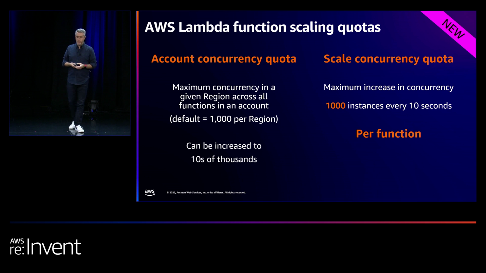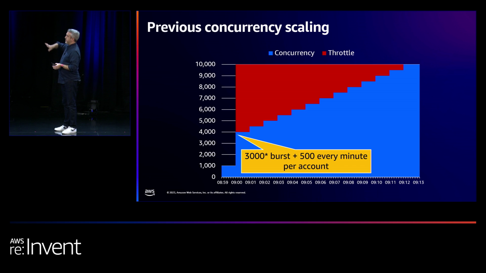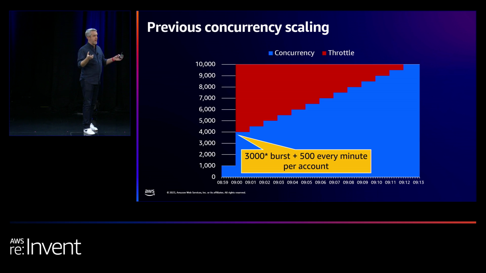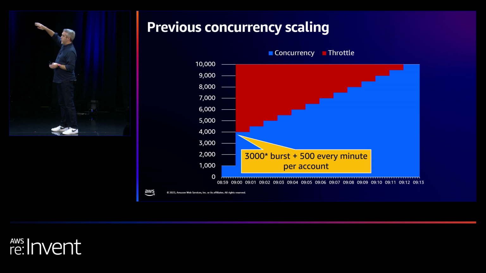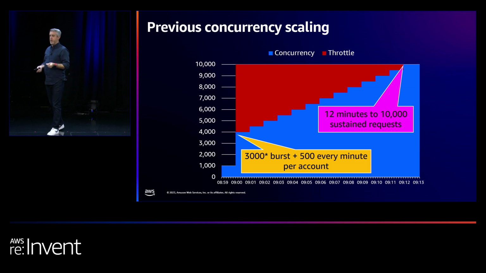To help visualize this a little bit better, I'll show you the old model that we had. So previously, and burst rate depended on the region. What you had is an initial burst rate. So in many regions, we had an initial burst rate of 3,000. So that means you could go from 0 workers to 3,000 pretty much almost instantaneously. And then we had this kind of stepping scale over time that we could add 500 per minute to that inside of your account. So basically what it looked like is that at some point in time over 12 minutes, you could get to 10,000 sustained requests. Okay, this is starting at 0, right? For a production workload, you're typically not starting at 0 unless you're doing things like deploying a new function,